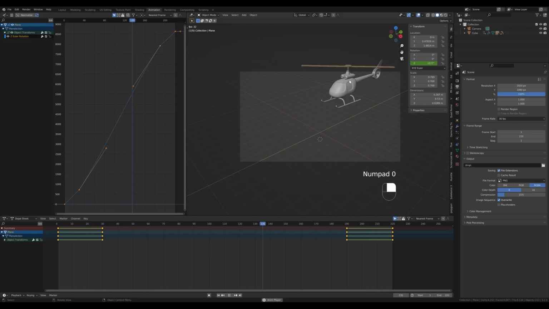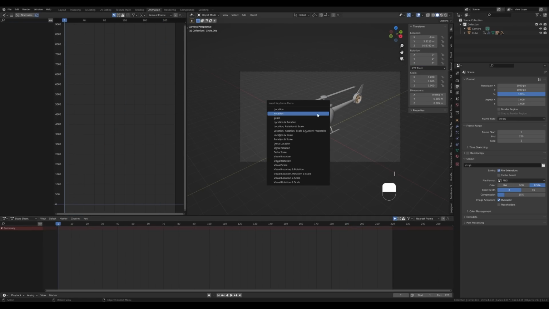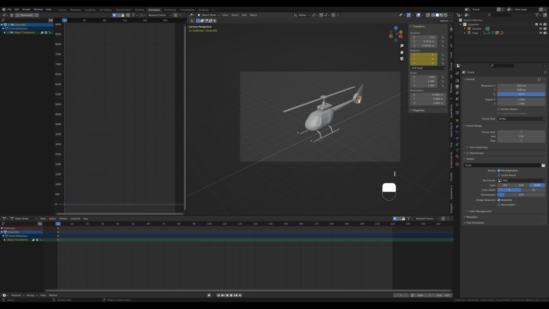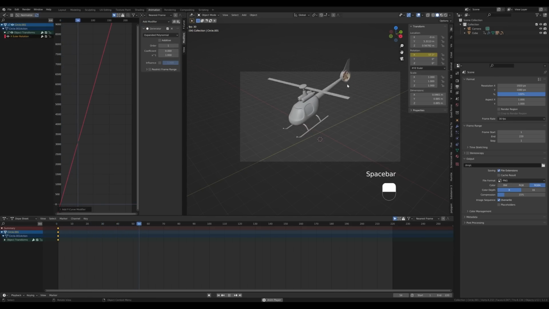I quite like this, so let's animate the rest as well, but we can see this propeller should be rotating as well, but here we'll just make it really easy. Let's go to frame 1, press I and insert the rotation keyframe. We'll be rotating on X-axis, so let's delete the Y and Z rotations. And now let's select the channel, press N, select modifiers, and add a generator modifier, and basically we just created some movement. And the whole helicopter is animated, so let's take care of that camera.